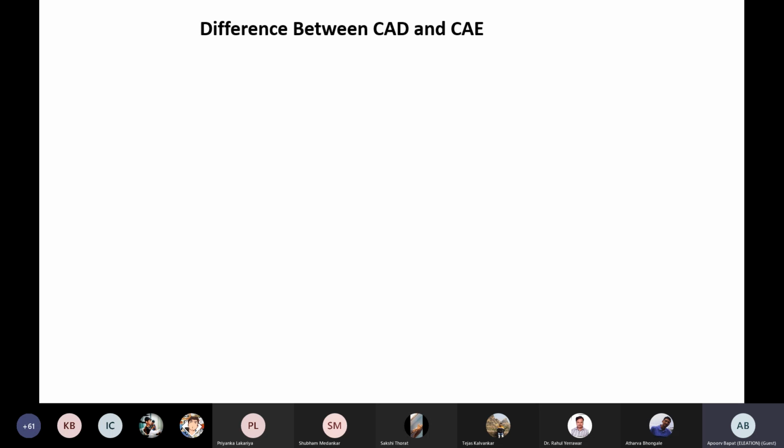So there is no change in the bigger picture. Same in CAD and CAE. So in CAD software, say for example, there is a command called reflect. What it does is, from one side or one surface, if you use the reflect command, it will reflect that surface to the other side, and the same command exists in CAE. So if you know CAD, you know what the reflect command is going to do. If you don't know CAD, still in CAE, once you learn the reflect command, you will know what it is going to do.